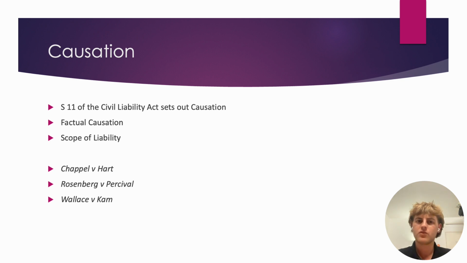In another case, Rosenberg and Percival, the key theory of causation is whether the patient would have taken action to avoid the surgery by refusing it if they had known the risks beforehand. As also stated in this case, human nature being what it is, most plaintiffs will generally believe that they would have taken the option of avoiding risks had this option been granted, but we're not sure if this really would have happened.